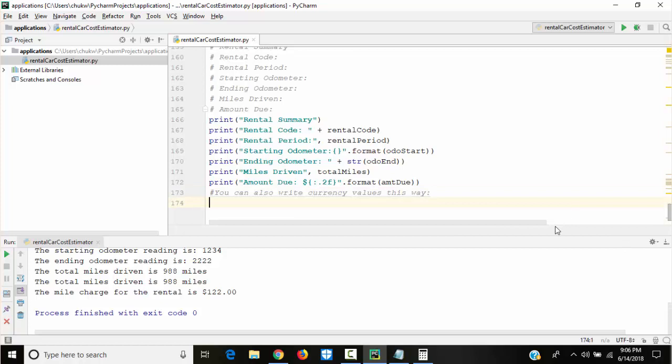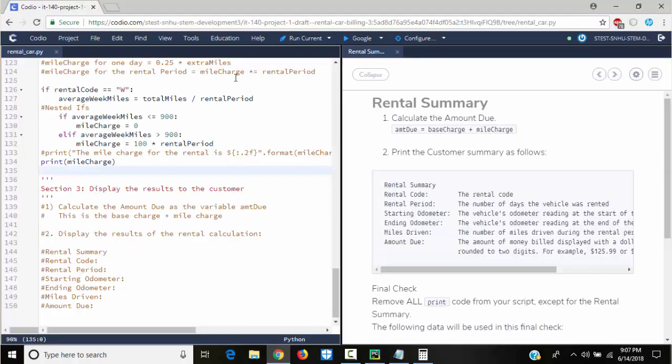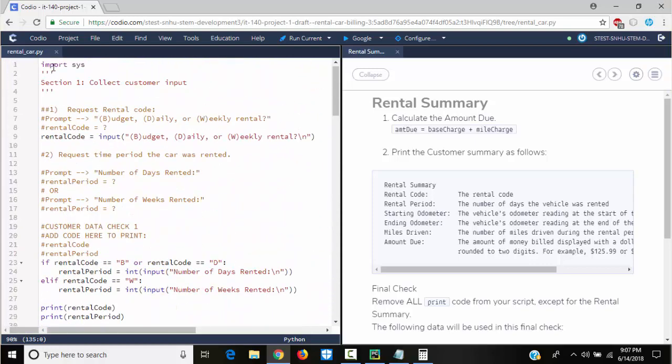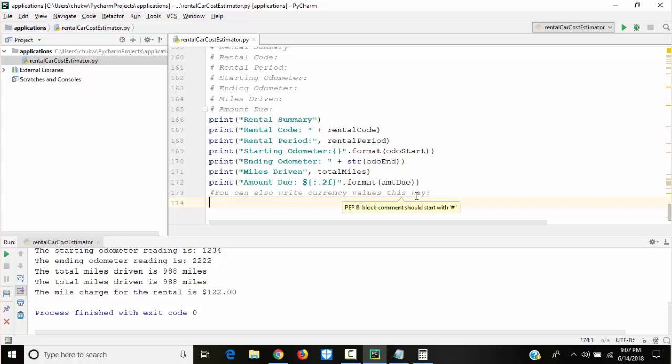Okay, so let me introduce you to libraries. We shall discuss it as we move on in subsequent videos, but let me just introduce you first to what we mean by libraries. Now, if you look at Codio, it says import sys. This is a library. You're importing the library. Like I said, the Python documentation should be your number one resource to look at stuff. I mean, it's not the only resource.